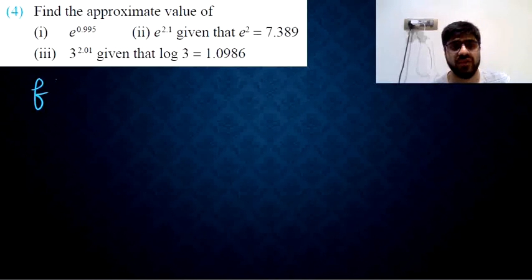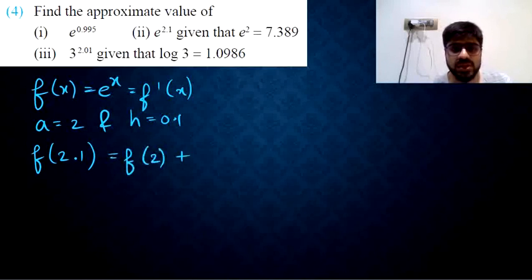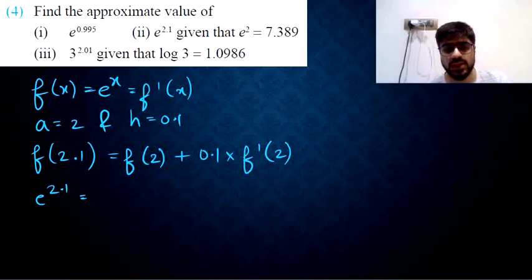Again, we take our f of x as e power x, and this itself is our f dash x. So we take our a in the second question as 2, and we take h as 0.1. So f of a plus h, which is f of 2 plus 0.1, that will be f of 2.1. This should be equal to f of a, which is f of 2, plus h, that is 0.1, into f dash a, that is f dash 2. F of 2.1 will be e power 2.1. This should be f of 2, that is e power 2,